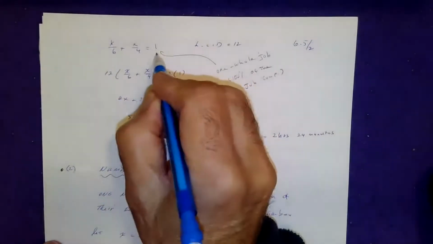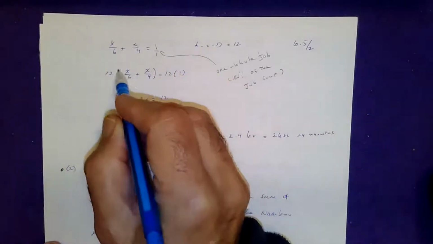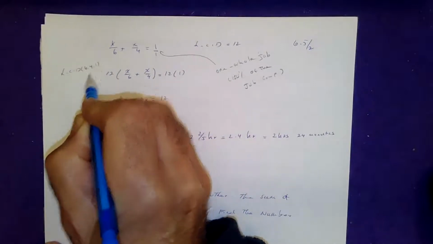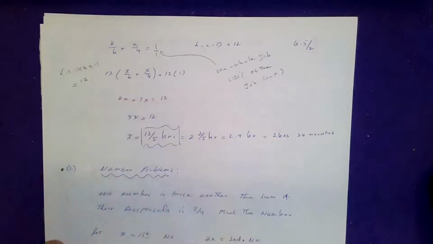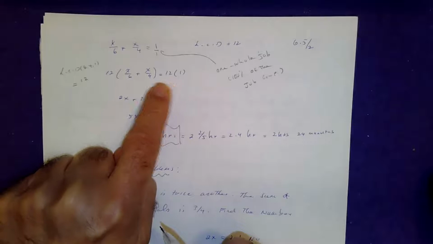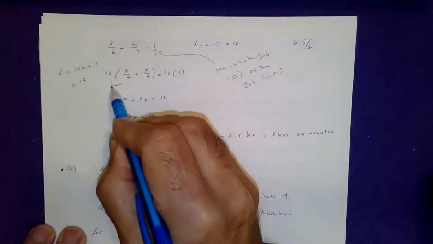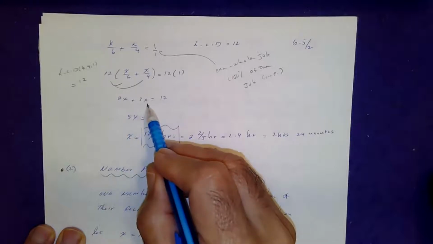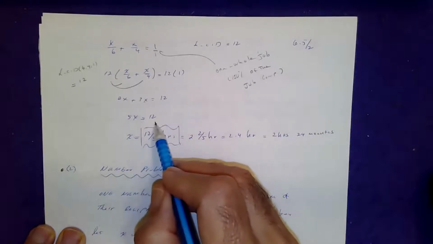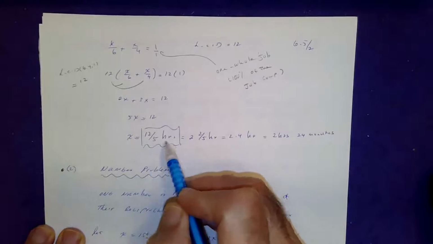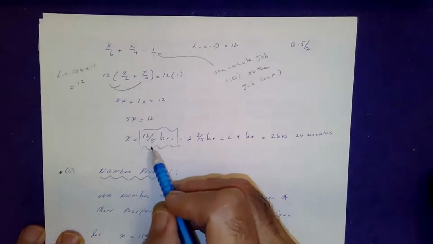So give a denominator of 1 to 1. Find the lowest common denominator of 6 and 4 and 1, which happens to be 12. Multiply both sides of the equation by 12. Remove the parentheses. You get 2x plus 3x equals 12. So that's 5x equals 12. So x equals 12/5 hours. So it took Mary and Joe